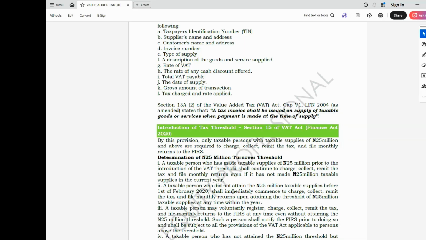Also, a taxable person who did not attain 25 million taxable supply before 1st of February 2020 shall immediately commence to charge, collect, and remit tax and file monthly return upon attaining the threshold of taxable supply anytime within the year. That's February 2020. If, as of last year,